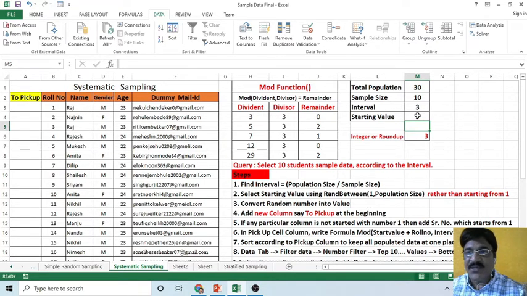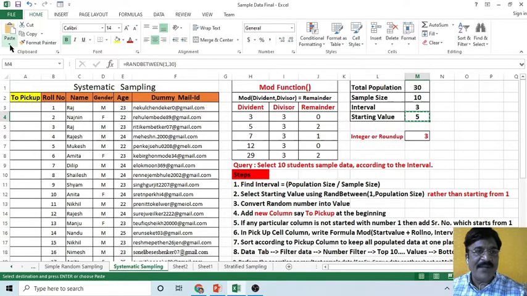So we got our random number. Now we need to convert this random number into a value, because it automatically generates the next number whenever it performs certain operations. That's why you need to convert this random number into a value. So how to do it? Simply select this random number, then click on the home tab, and from here select copy, and then paste as value. So observe that it has become a value now.